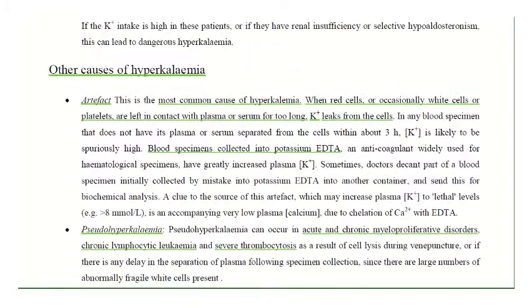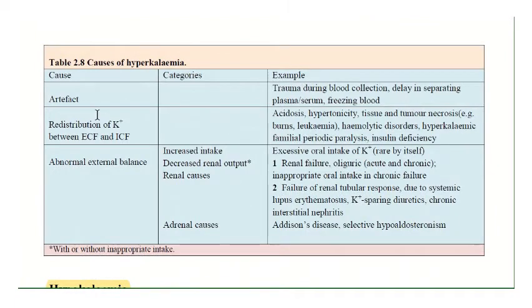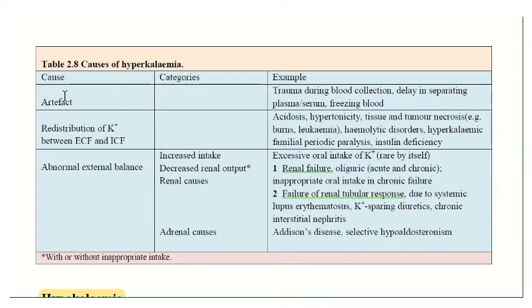الآن خلينا نشوف الجدول اللي يتكلم عن الهايبركاليميا causes of hyperkalemia. هذا الجدول table 2.8 causes of hyperkalemia. فهذا الجدول هناك causes والcategories والexamples والأمثلة. فبالنسبة للcauses أكو artifact example عليها trauma during blood collection, delay in separating plasma, serum, freezing blood. السبب الآخر قد يكون redistribution of potassium between extracellular fluid and intracellular fluid، والأمثلة عليه acidosis، hypertonicity، tissue and